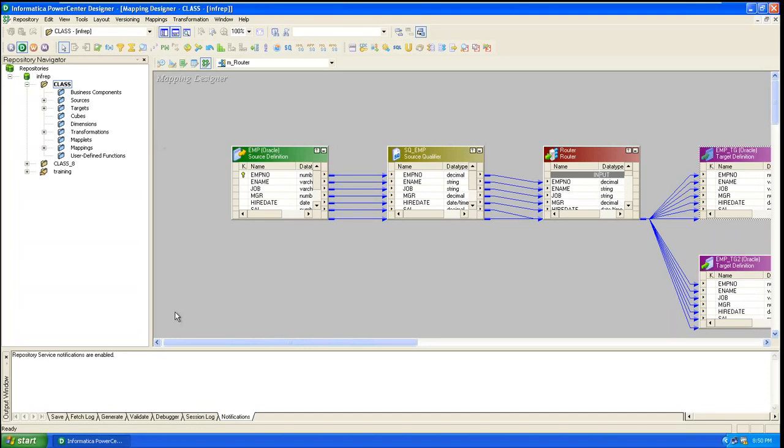So here we will connect to the database first. See here, this is the workspace. On the left-hand side, all the objects will be there, like source, target, transformation, and mapping. These are the important objects, and these are the folders. This one we can call a repository. Okay, and now, a minute. We'll connect to the database.